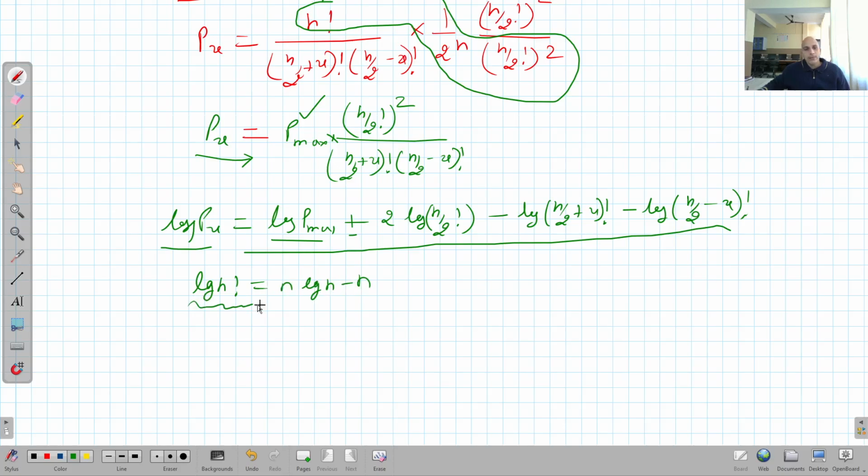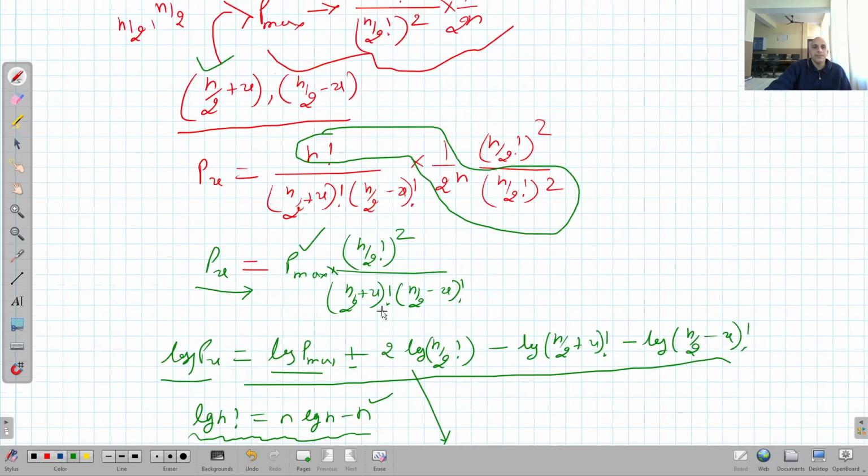We are applying the Stirling formula because in this particular case n is very large. So when we apply the Stirling formula to all the terms that contain factorial, I will get, in the next step,